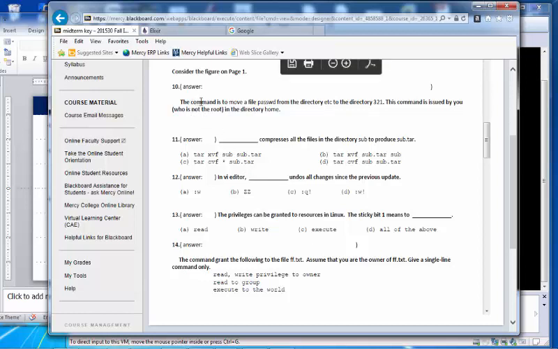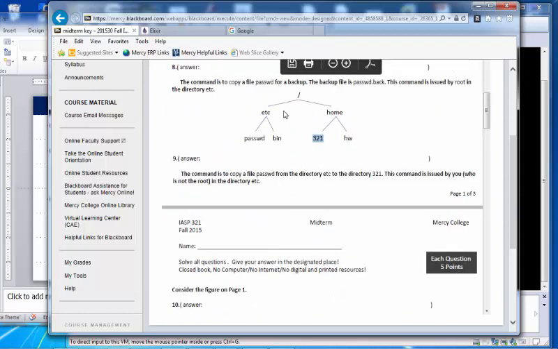Similar question. The command is to move, so we have to use the mv command rather than cp. mv is going to move the file passwd from the directory etc to the directory 321. The command is issued by you, who are not the root, in the directory home. So what it means is that you are here, in home, and you want to move passwd under 321.